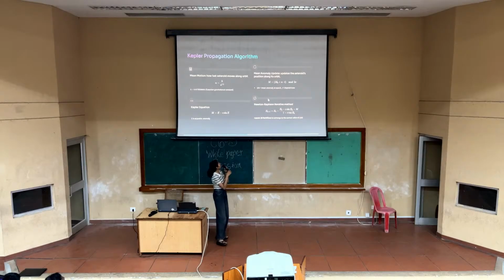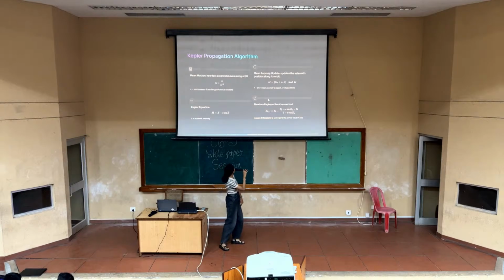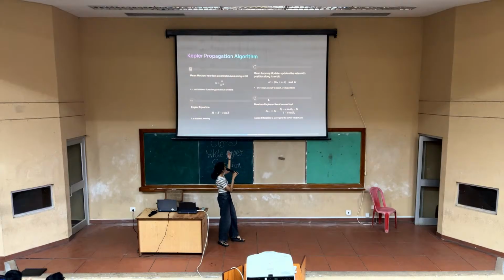Then the Kepler propagation algorithm. So we calculate the mean motion, which is k divided by a to the power 1.5. Here k is the Gaussian gravitational constant. So the mean motion tells us how fast the asteroid moves around the orbit. Then we update our mean anomaly using n,